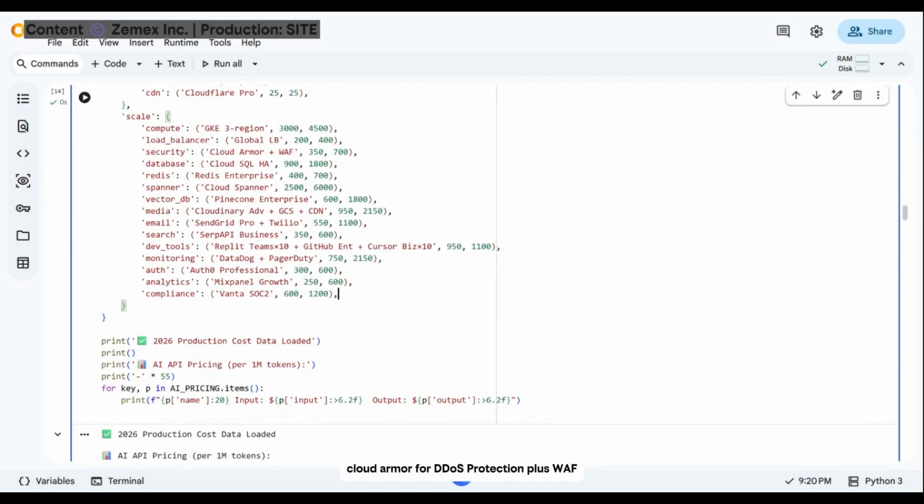Security-wise, Cloud Armor for DDoS protection plus WAF. So for example, if there are hackers out there, because if you start to run your GCP VM, and you look at all the IP SSH attempts, you will be surprised how many people around the world want to hack into your system. This is a serious issue that you have to deal with when you run your real company. So Cloud SQL, you need high availability,